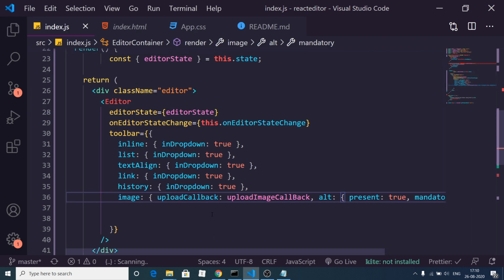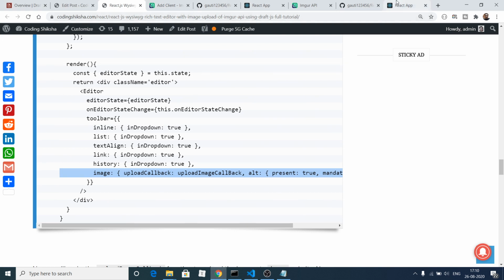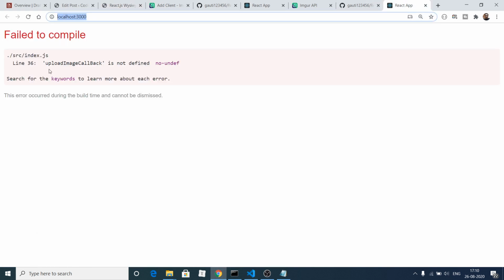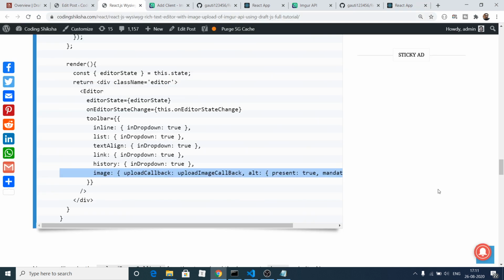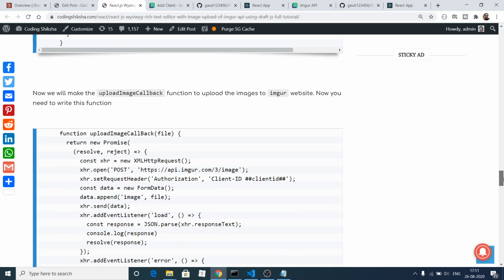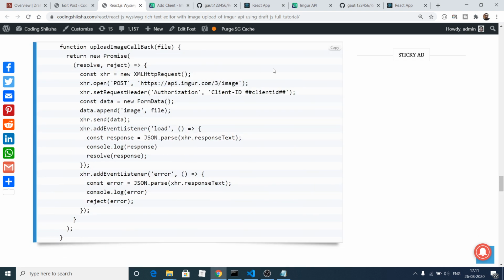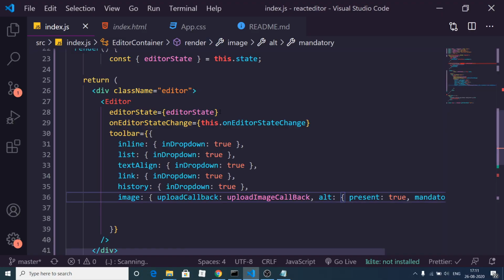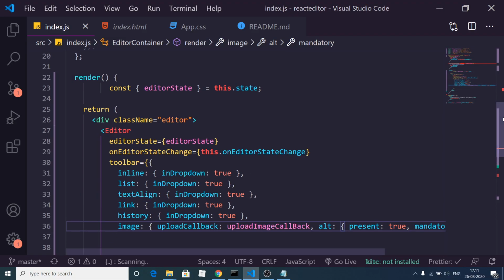Whenever the user selects an image from their computer, you will see upload image callback is not defined. So first of all, you need to define this. This function is pretty simple. We will make an AJAX call to this API. So instead of writing this, I can just copy paste the code right here.